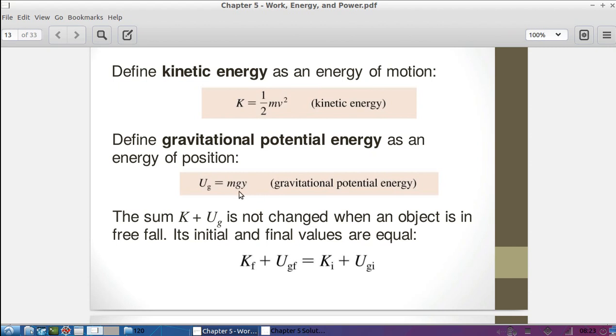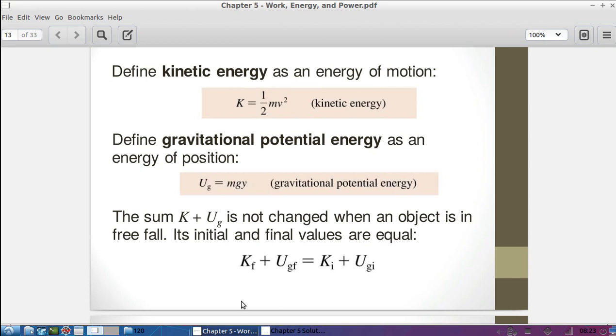It's written a little differently, but it's got the same units as work, right? And it kind of looks like a work expression, a force times a displacement or something, right? If we've got an object in free fall near the surface of the Earth,